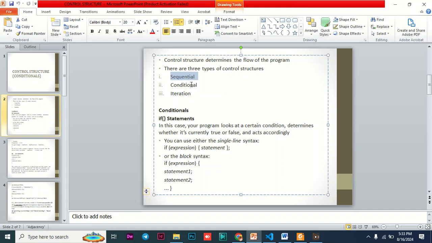And finally we talk about iteration. Iteration is basically the repetitive nature of a certain section of your program. We'll be talking about that in our next tutorial, on how you can determine how many times a certain section of your program should be executed. Now in this particular part we are going to concentrate only on